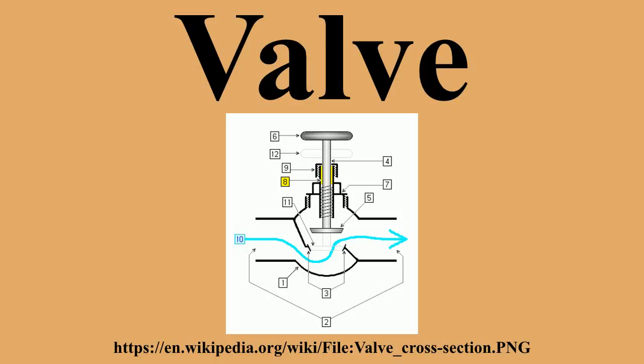Shuttle valves automatically connect the higher pressure inlet to the outlet while preventing flow from one inlet to the other. Single handle mixer valves produce a variable mixture of hot and cold water at a variable flow rate under control of a single handle. Thermostatic mixing valves mix hot and cold water to produce a constant temperature in the presence of variable pressures and temperatures on the two input ports.